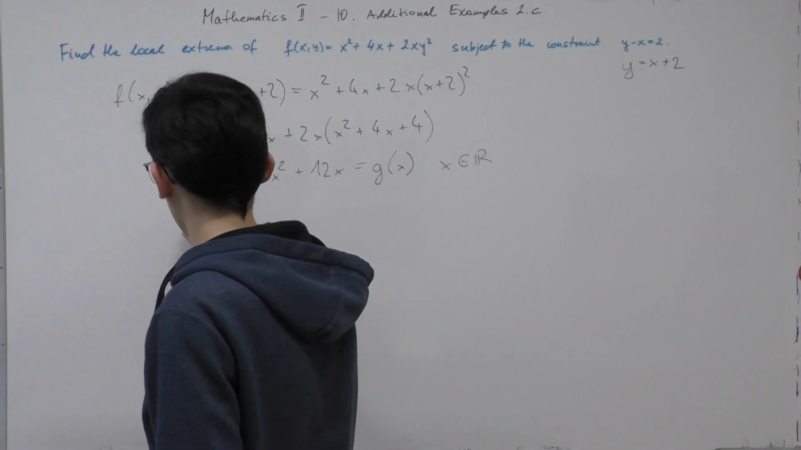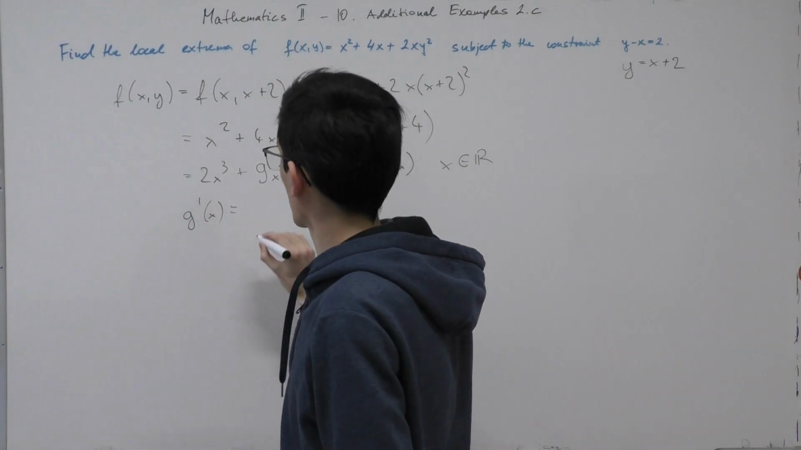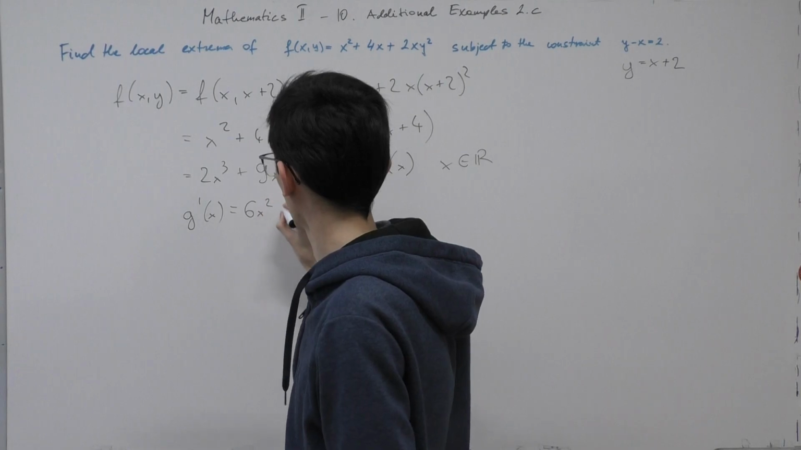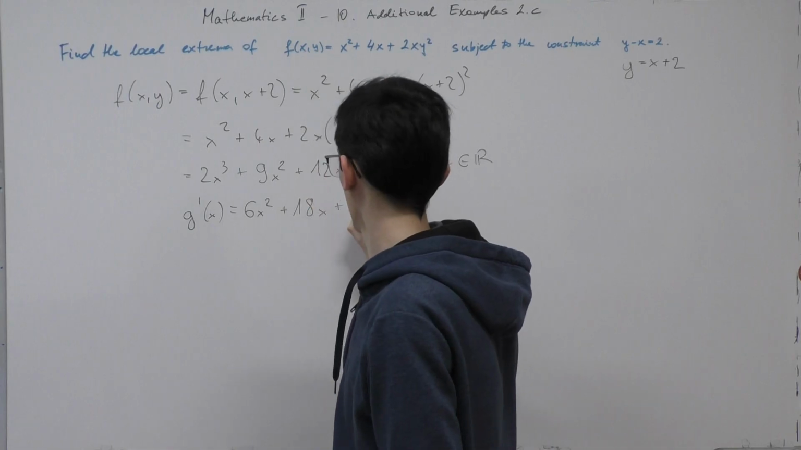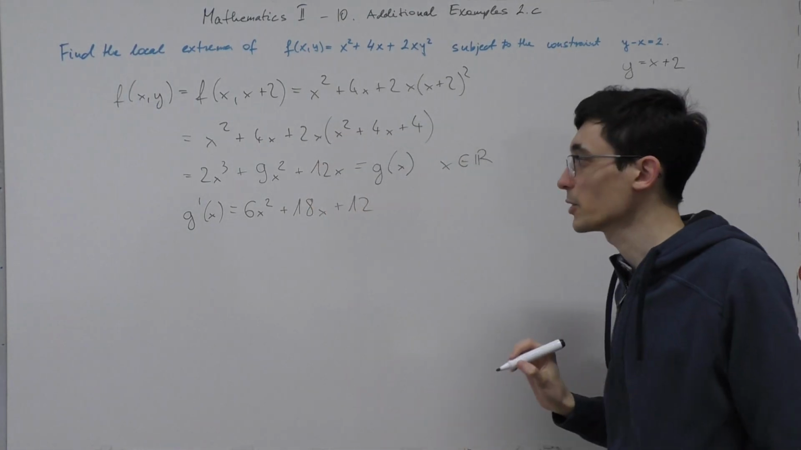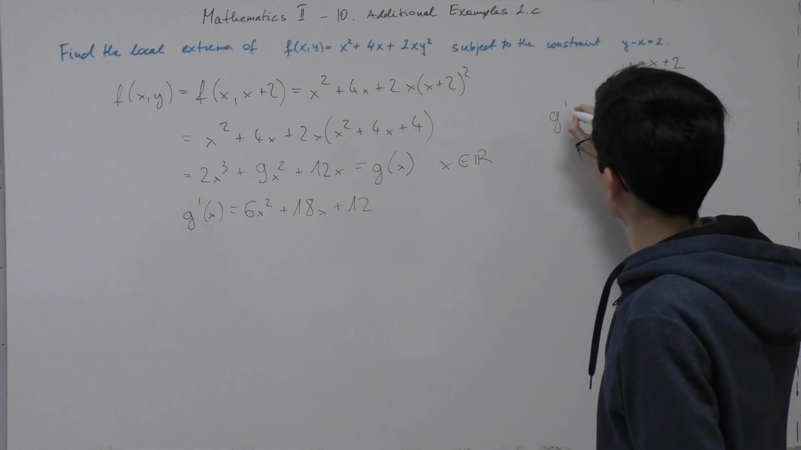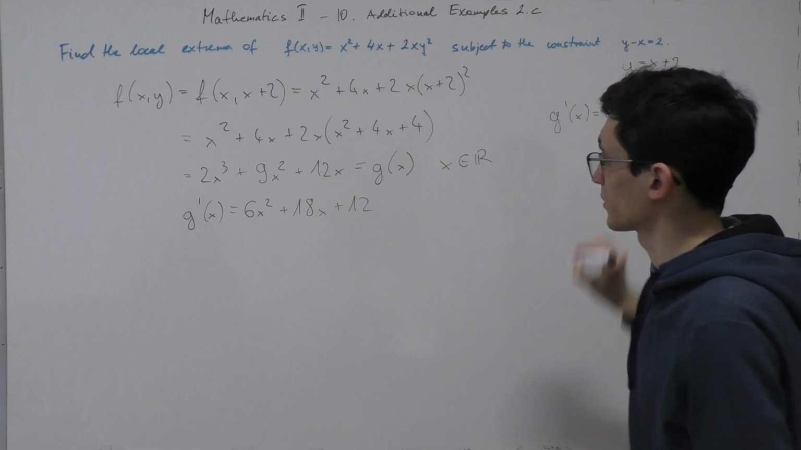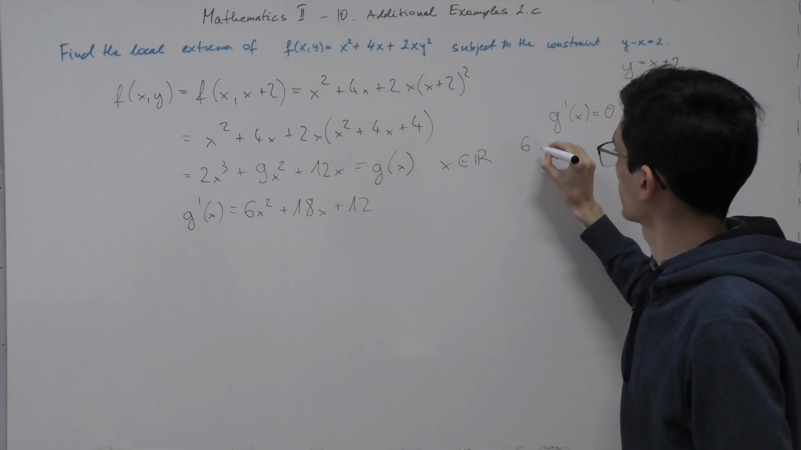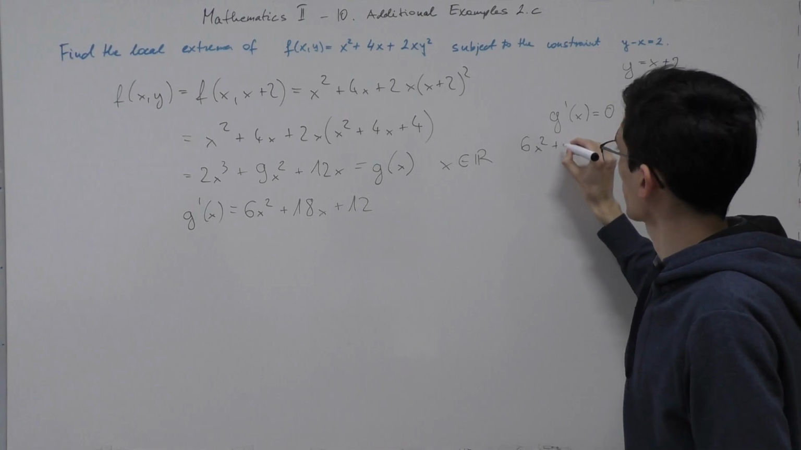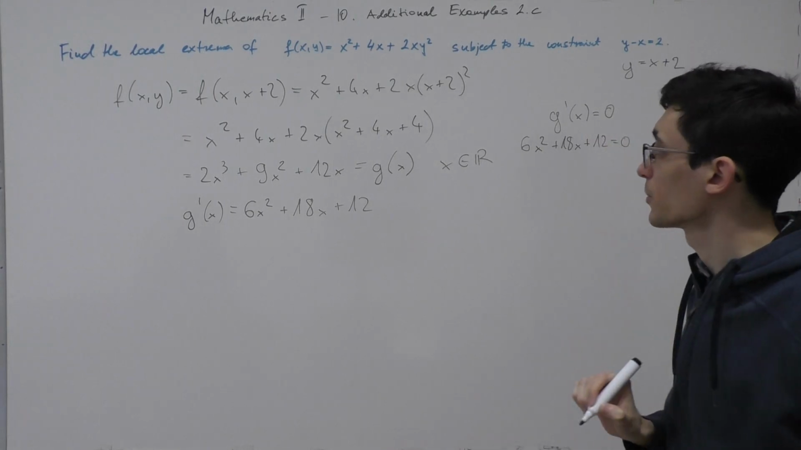We must first calculate g prime, which we will get 6x squared plus 18x plus 12, and as next step we must find its critical points by solving the equation g prime of x equals 0. By writing the formula into the equation, we get 6x squared plus 18x plus 12 equals 0,